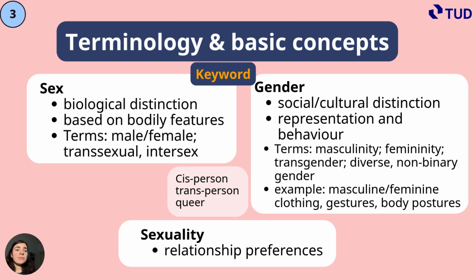Now, let's have a look at clear-cut distinctions that will in the end not turn out to be so clear-cut, but let's just begin at the beginning. In gender studies, we talk about gender versus sex. Sex would be the biological distinction of humans into different categories, sex categories, and it's based on bodily features. If we want to put it very straightforwardly, if a person has a penis, it's very likely to be assigned the male sex. If this person has a vulva and a vagina, it's very likely to be assumed as a female person. So this would be the basic distinction.